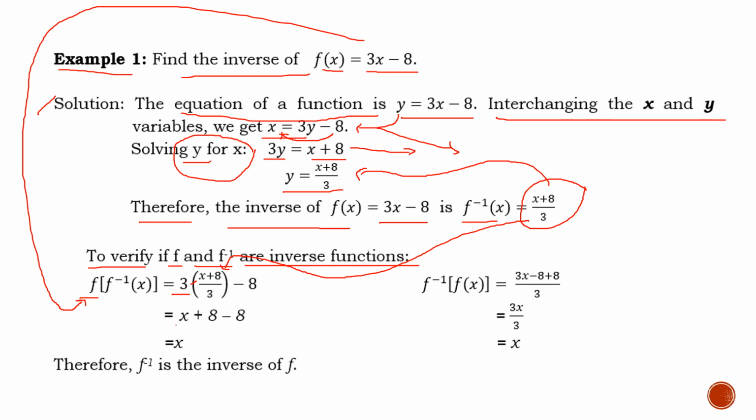So we copy your x plus 8 here, then we bring down your negative 8, or we just simply copy your negative 8. If we simplify, x minus 8 minus 8 will be equal to 0. That's why your answer now, if f of the inverse function of f of x now is equal to x. The next thing to do is to check if that resulting value is now equal to the